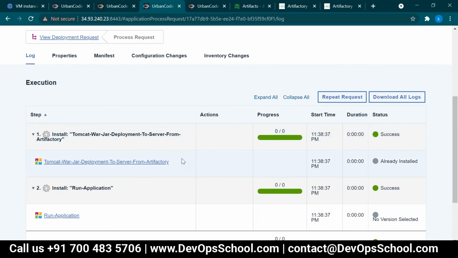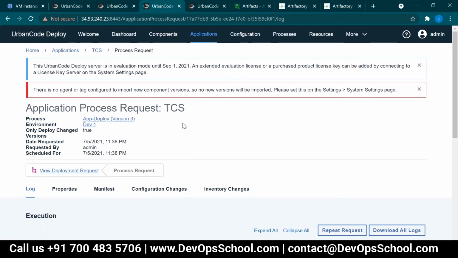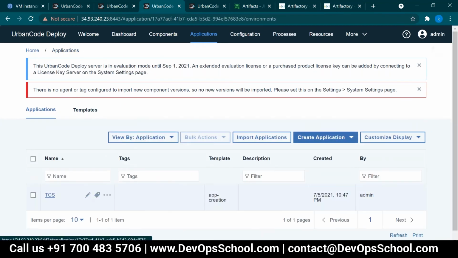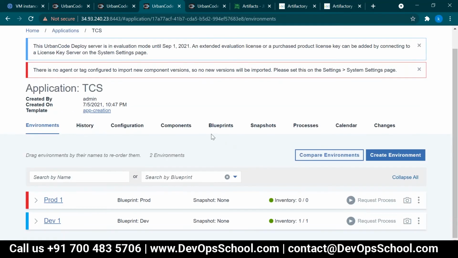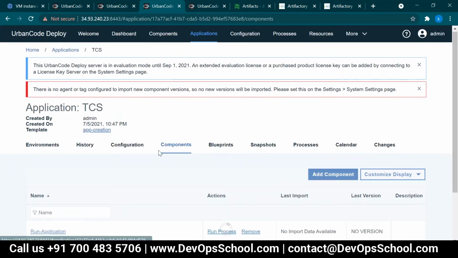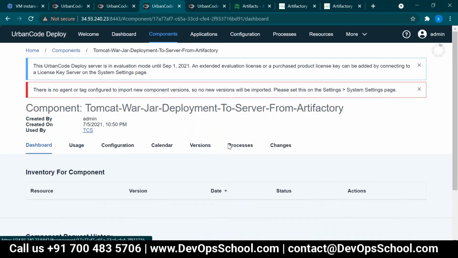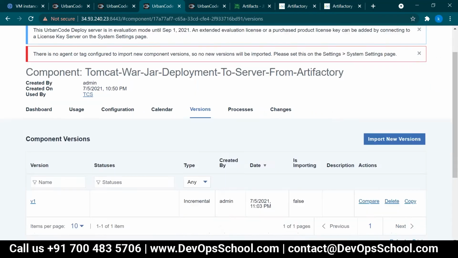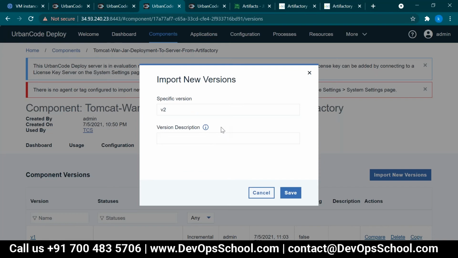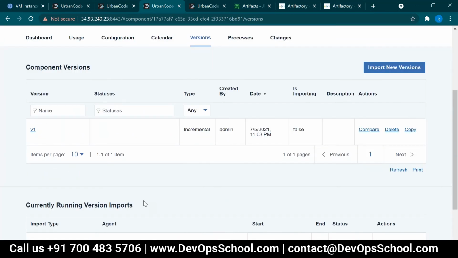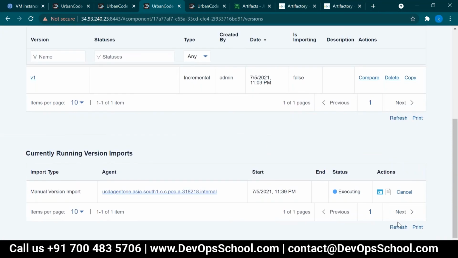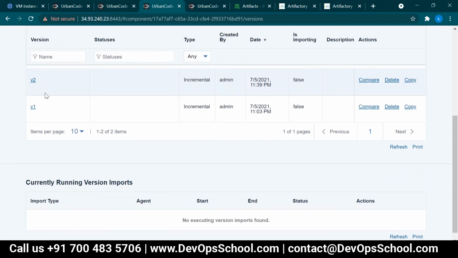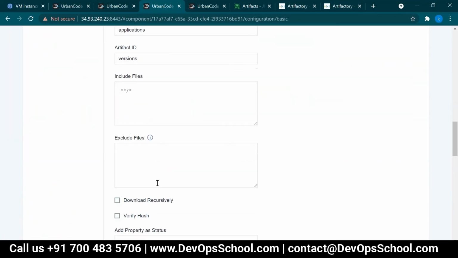If the zip file or the repository is updated with the new latest code, you also have to go to the repository and pick the code manually. If a new repository is updated, okay, we'll troubleshoot that also, no problem at all. Go to the component, go here, import new version, view one. Okay, save it. All these are done manually. Automatically, if you select the import version, it will come here. You have to configure import version automatically.